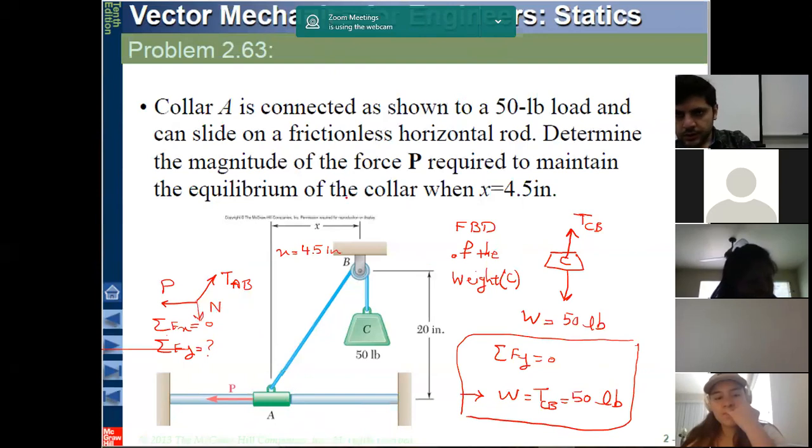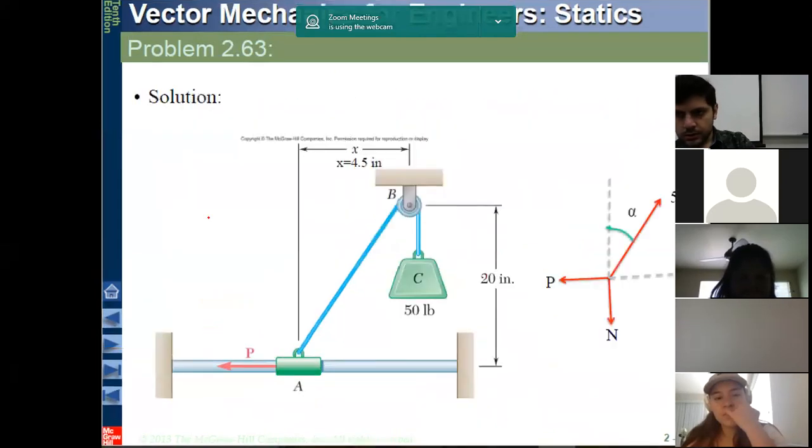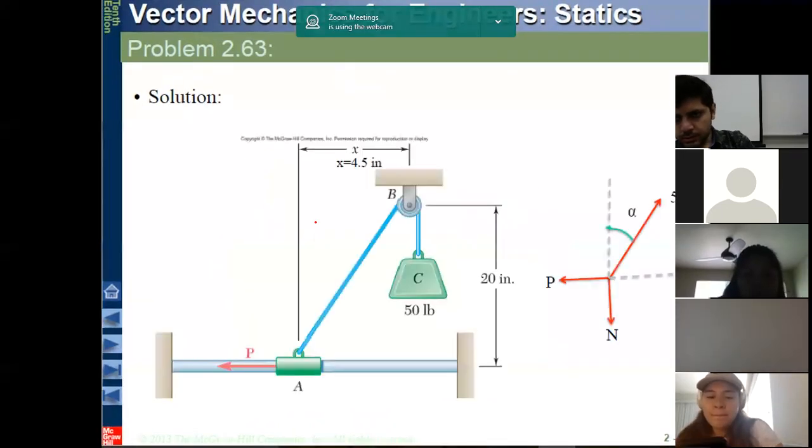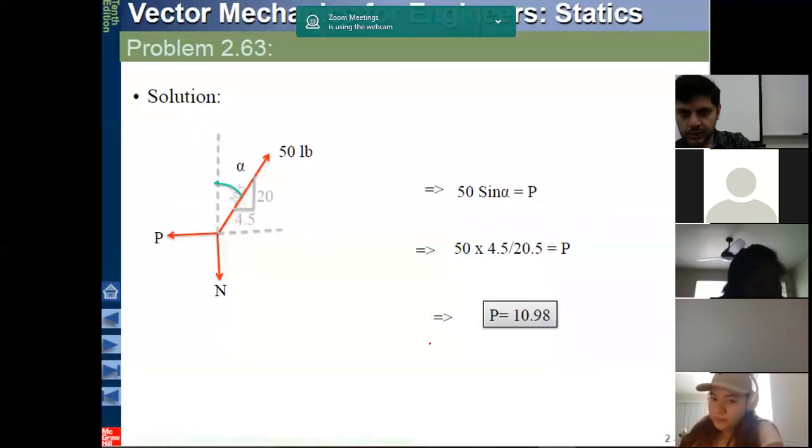Okay, so let's go to the solution. We have the dimensions. X is 4.5, and from A to B in the y direction we have 20 inches. So we can calculate the components of this 50-pound force on the top, and then